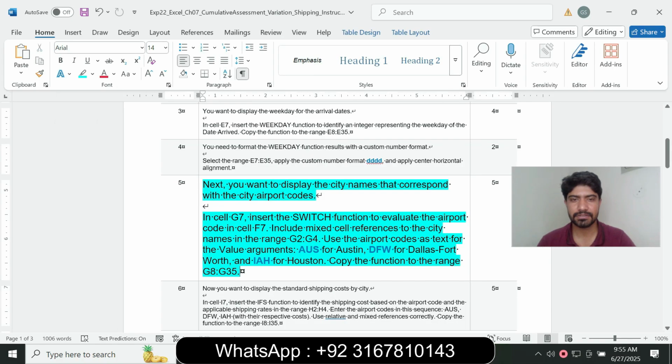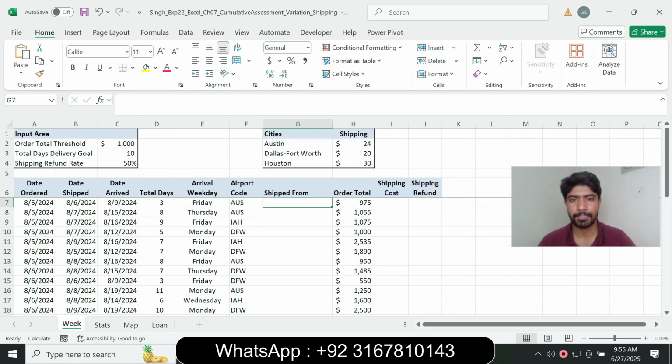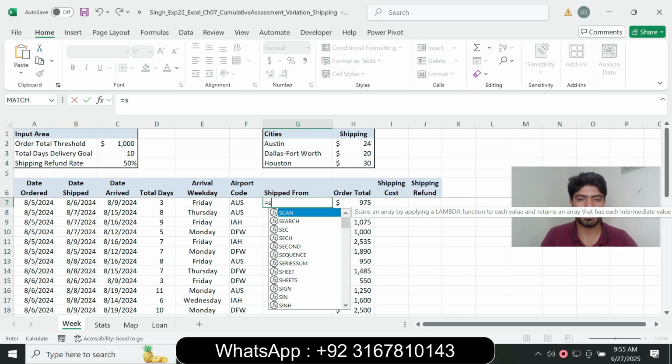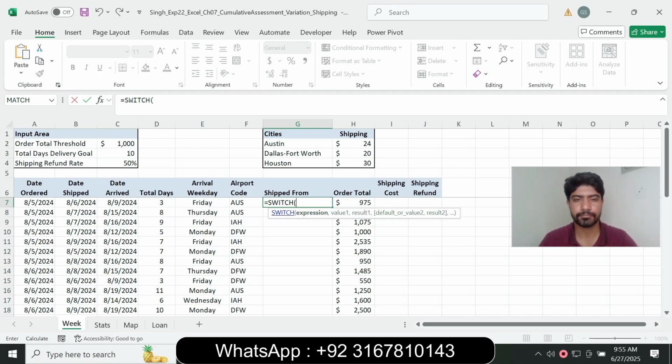and insert the SWITCH function to evaluate the airport code in cell F7. Include a mixed reference to the city name in the range G2 to G4. So type equal to and type the SWITCH function and select F7